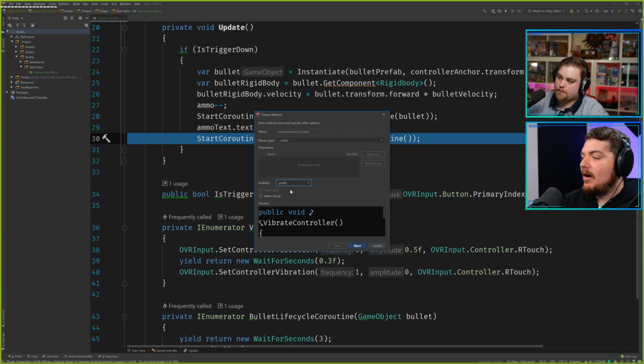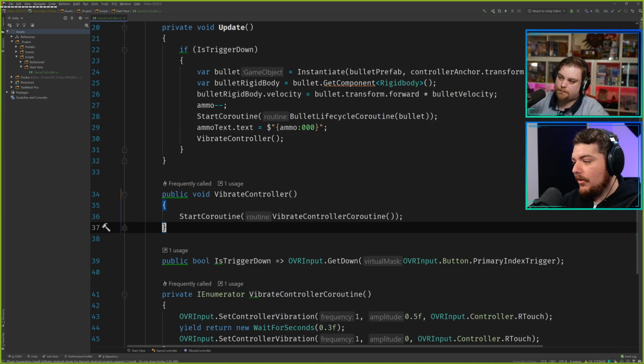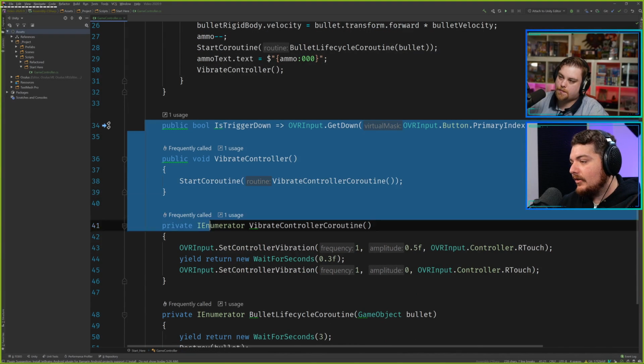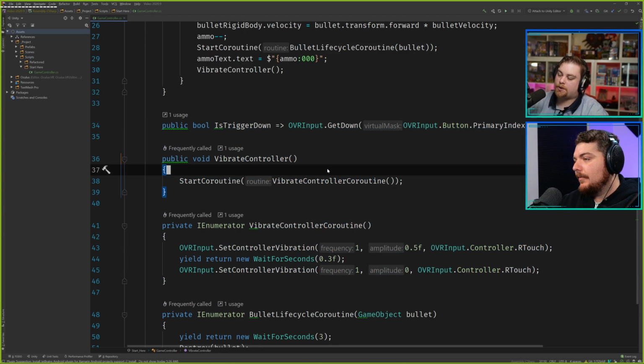Now a little tip about how I'm extracting these methods. I'm making sure to extract them into public methods, just because I know I'm going to move them to another class and they're going to need to be publicly accessible when I call them. So let me just move this down. Here you can see these three classes now represent what we have as far as input goes in this game controller.